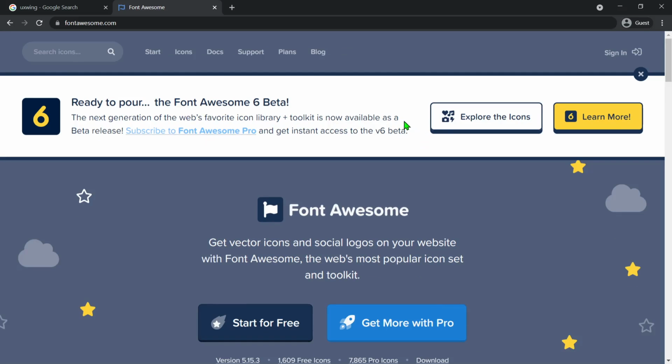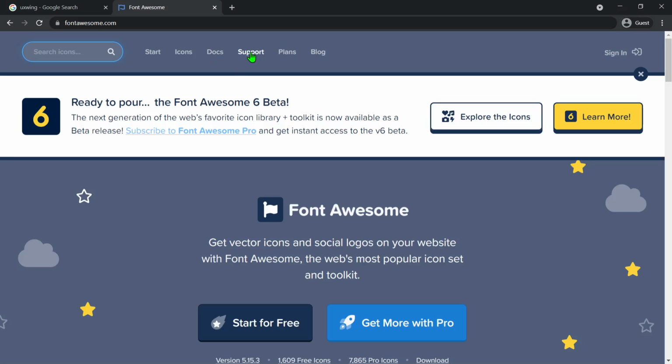For using icons in Font Awesome, first you have to create your account, then you have to create your kit, copy the kit code which you get in Font Awesome and paste it in the head tag of your HTML file, and then search your icon, copy the icon code and paste it where you have to use it. This process is a little bit tedious, I can say, and also a downside is that the icons disappear when there is no internet connection, so I don't like that.